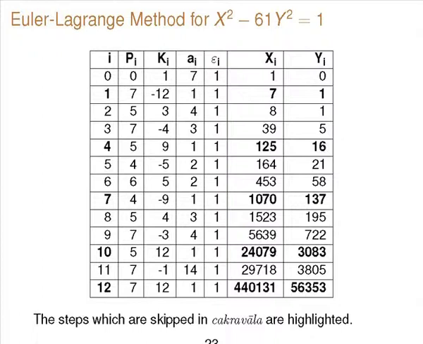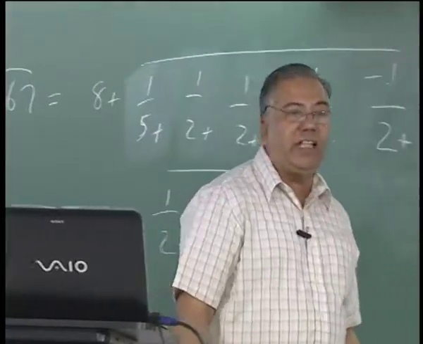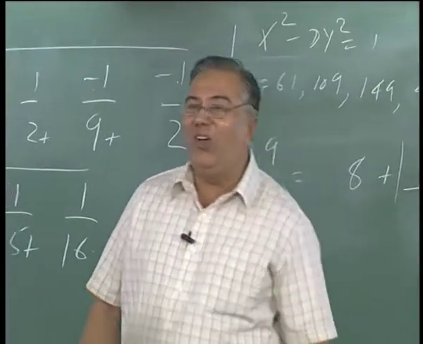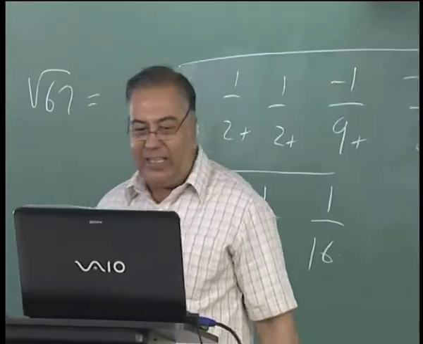But actually you do not need to do all the 22 steps. The simple continued fraction will terminate here when you get k equal to minus 1. So it is a square root of d which has an odd period. So Chakravala is indeed a hot subject.